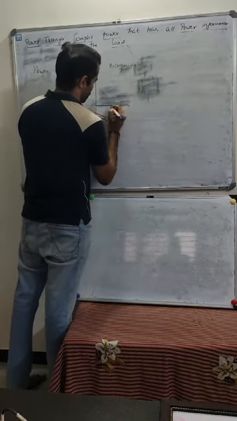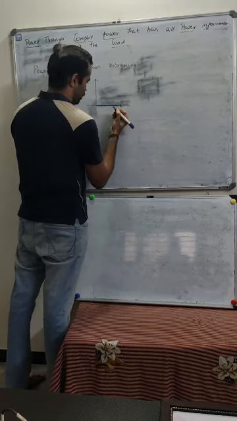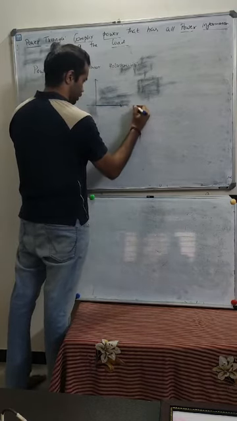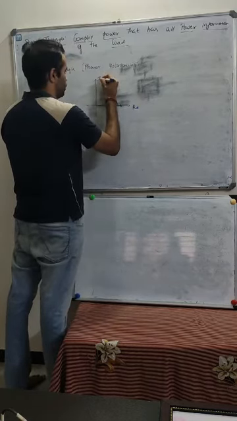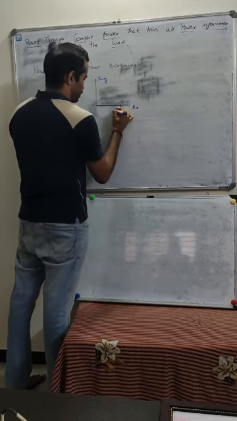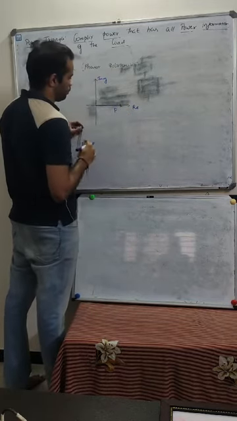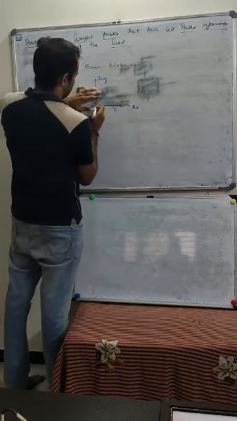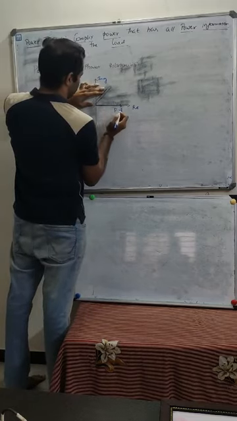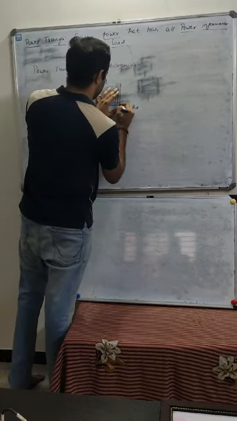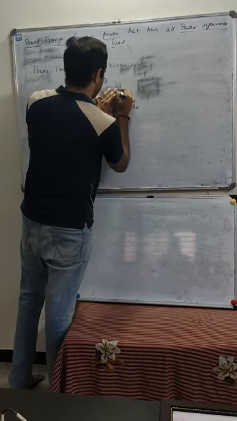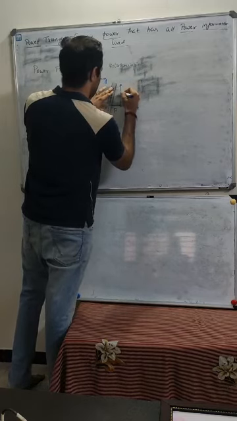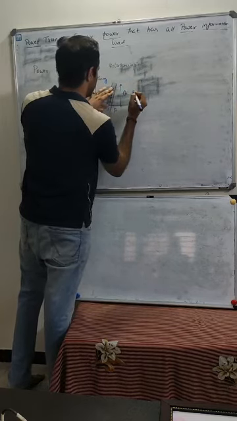So this is your real power. As I said, it is going to take the axis, the real axis. So this is your real axis and this is your imaginary axis. Real power lies here, on the positive side. And this is your reactive power Q,